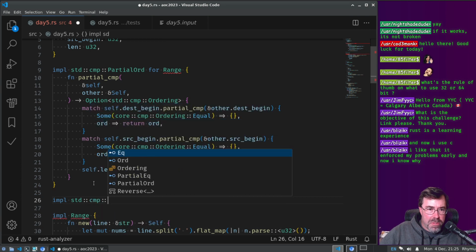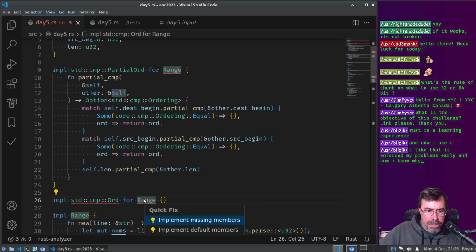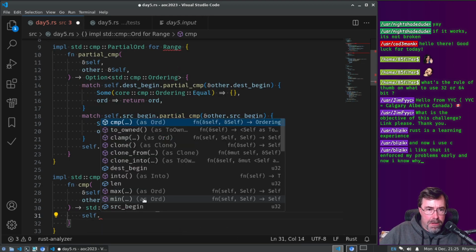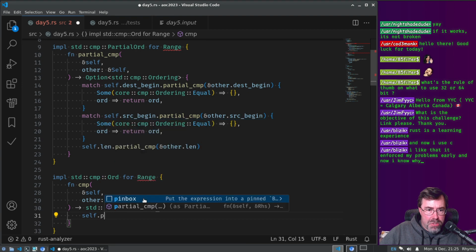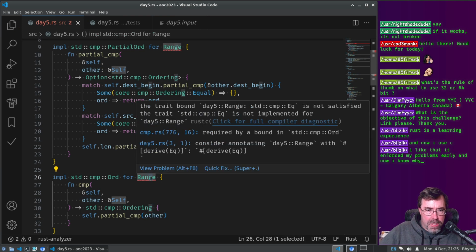I think you implement PartialOrd, and then the implementation is just empty, right? Or maybe it's just self.partial_cmp(other). What's this error we're getting here?